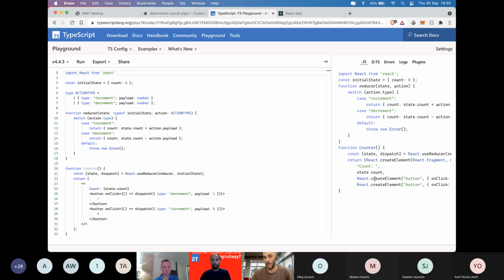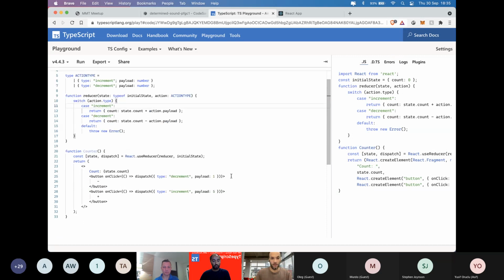You can also see the transpiled code on the right side. And in here, I think we can really see the power of TypeScript in this scenario. If we make a silly mistake or a typo, that's going to be caught during development and not at runtime.